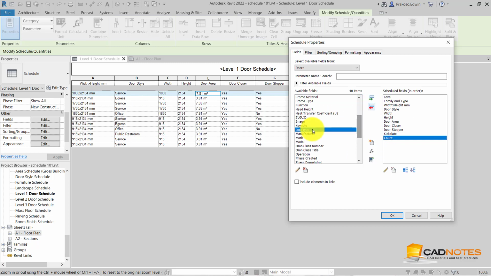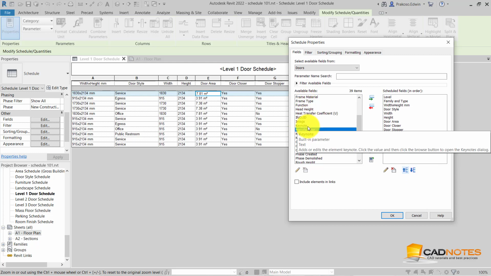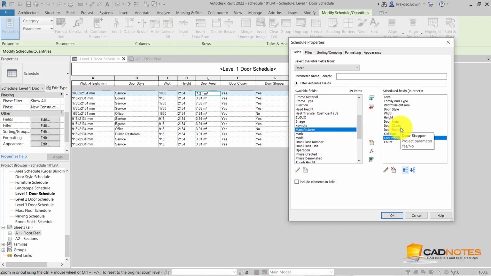Okay, now we have it in this available field, but if we add the parameter to the schedule field, then it disappears from this available field. So if we want to show the same field twice, then we need to create a calculated parameter.